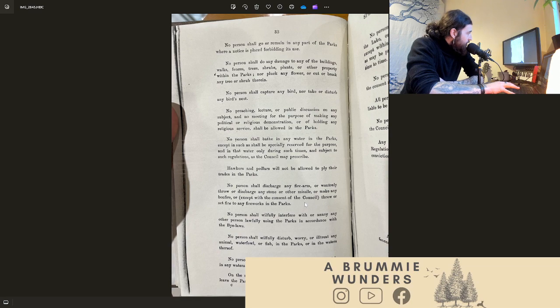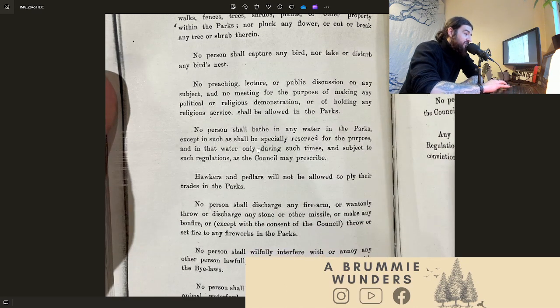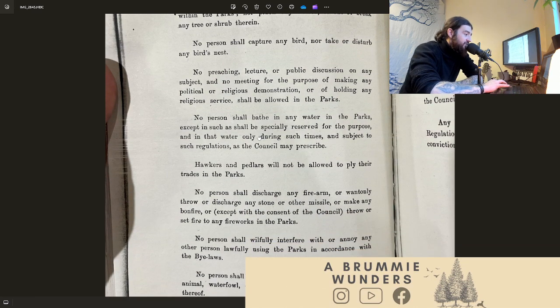Moving forward. No person shall remain in any part of the parks where the notice is placed forbidding its use. No person shall do any damage to the buildings. Ooh, that's gone out the window these days, hasn't it? No person shall capture any bird, nor take or disturb any birds' nests. No preaching, lectures, or public discussion on any subject, and no meeting for the purpose of making any political or religious demonstration. No person shall bathe in any water in the parks except in such that were specifically reserved for that purpose. And yeah, back in the day, Brookvale Park near me did actually have swimming baths, which is cool,